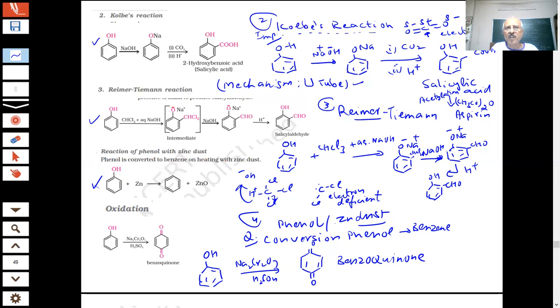इनमें से क्वेश्चन आएगा पेपर में। कोल्बे रिएक्शन में बना सैलिसिलिक एसिड, यू रिमेंबर। रीमर टाइमन में बना सैलिसिल्डिहाइड। और याद करने का तरीका कि रीमर टाइमन में क्लोरोफॉर्म और एक्वस NaOH का यूज होने वाला है। और कोल्बे रिएक्शन में कार्बन डाइऑक्साइड और H+ का यूज होगा, NaOH पहले स्टेप में, फिर कार्बन डाइऑक्साइड और H+।